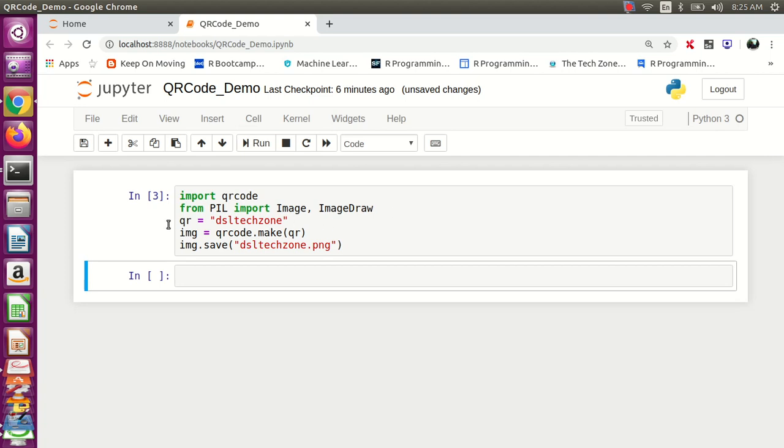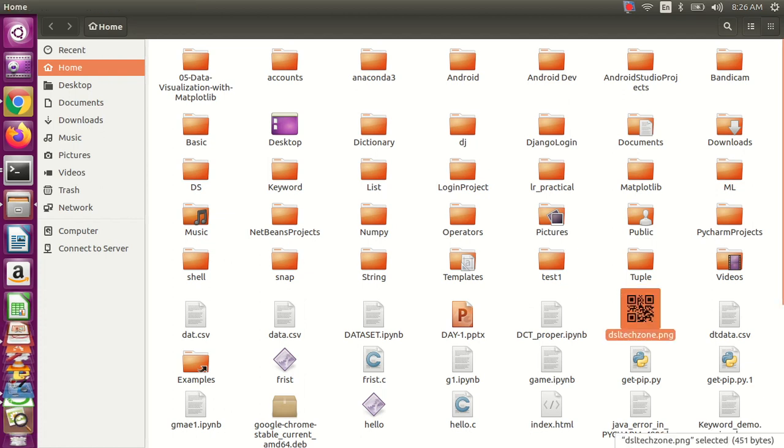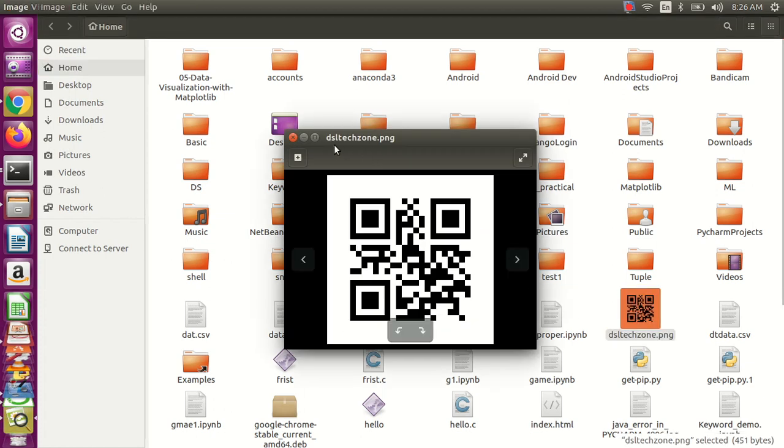Now check whether a QR code is generated or not. If we see here, the QR code is generated with the name DSL techzone.png. This is the two-dimensional pictographic code. Mostly here you can change the colors whatever you want.